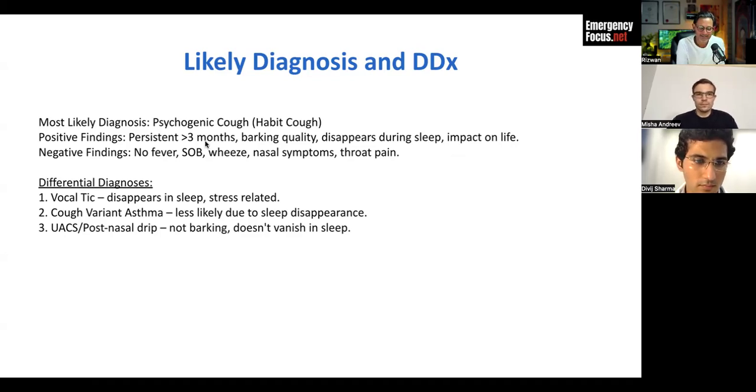Positive findings: it is a longer duration. It has a barking quality. It disappears during sleep, and obviously, it impacts significantly on the quality of life. One of the crucial things is that there's no fever, no shortness of breath, no wheeze, no nasal symptoms, and no throat pain, which would indicate an acute illness like an upper respiratory tract infection